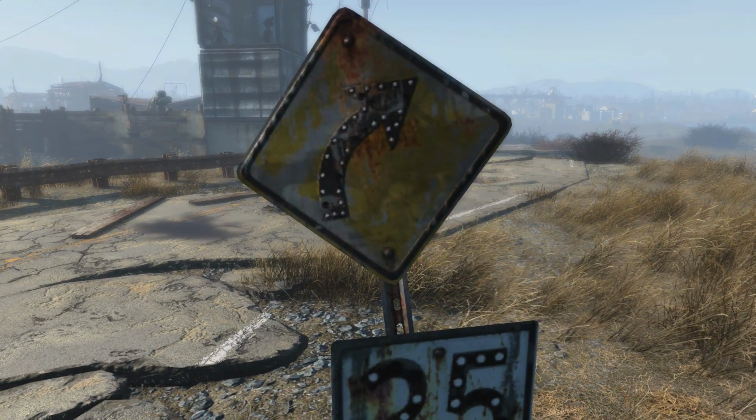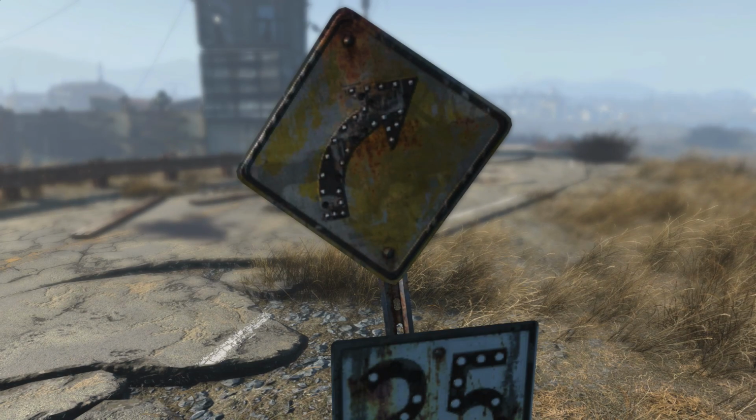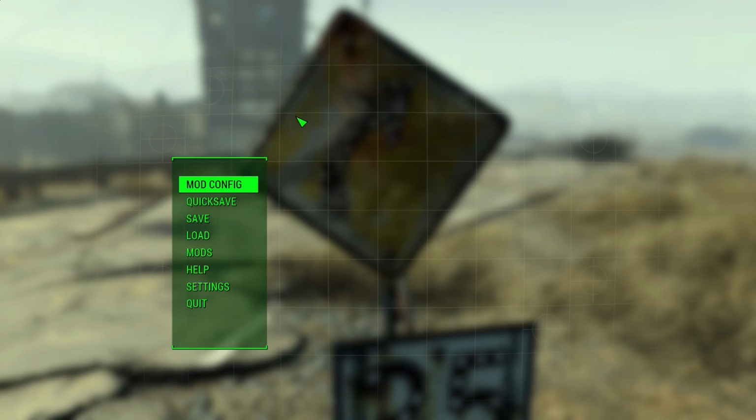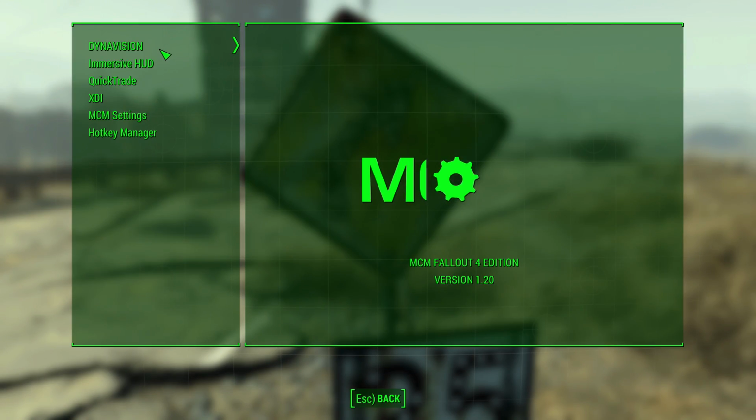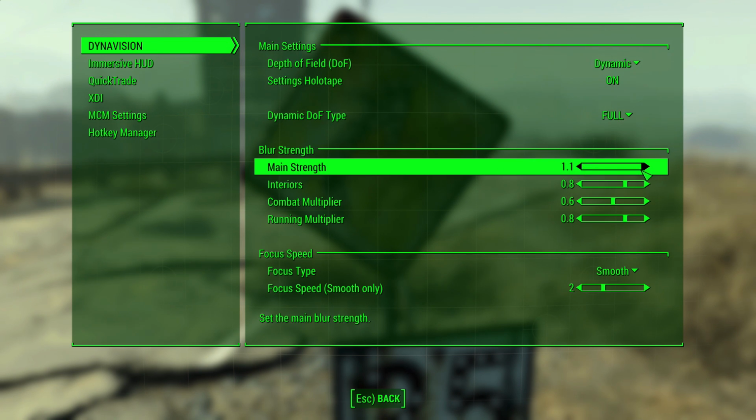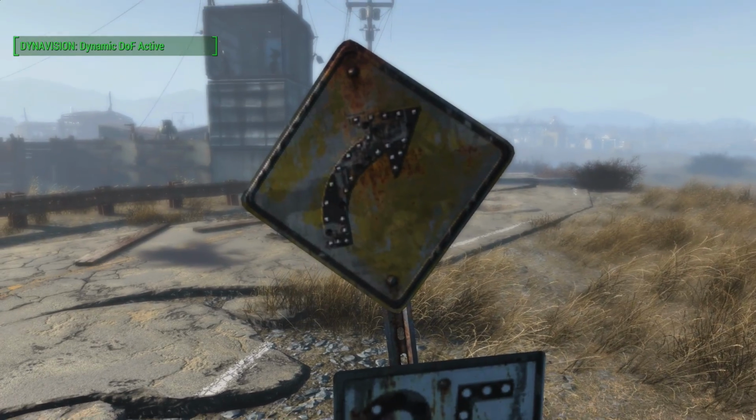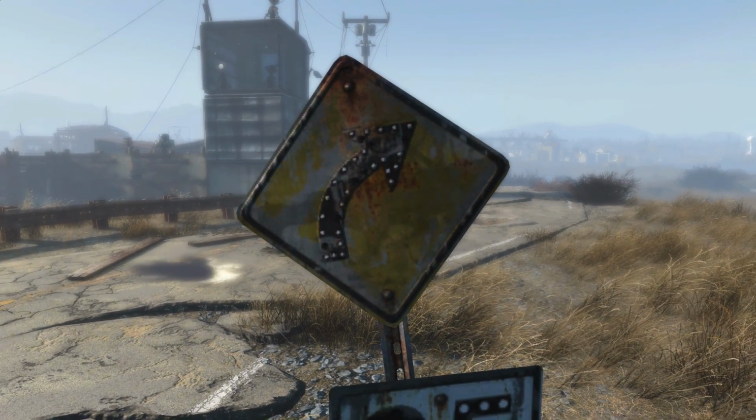It basically gives you a photographic effect. There are a lot of different settings you can use to tweak this to your liking. Perhaps you only want a slight blur. You can change the main strength to say 0.7, and this will make it a little softer in the background,